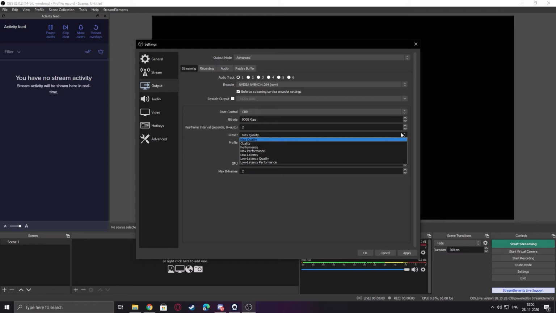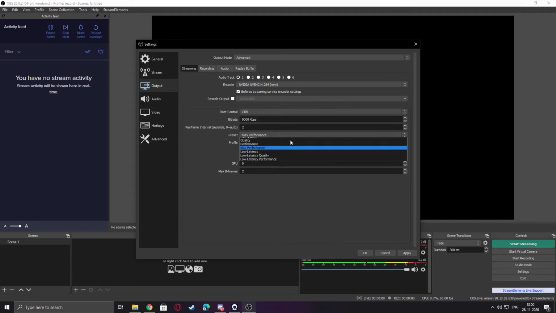And if you've got a GPU like a 1050 Ti or 960, you know, the budget kings of the time, they don't have a dedicated encoder, but if you don't have a very good CPU, you may be able to get away with NVENC. You should use max performance or performance. Try it, or use x264 at super fast or ultra fast. Yeah, so this should be your settings if you are using NVENC.